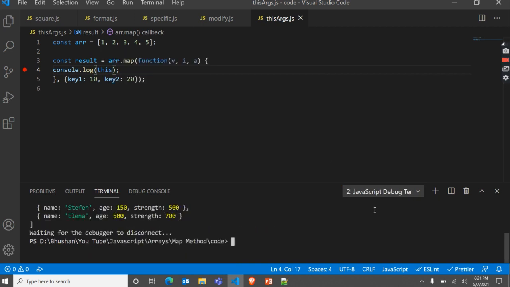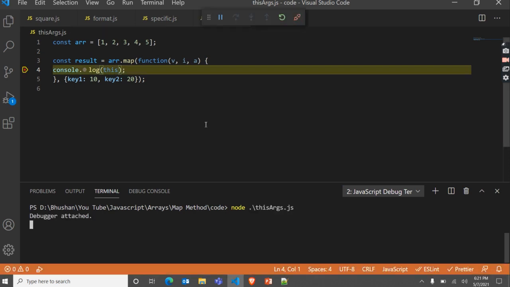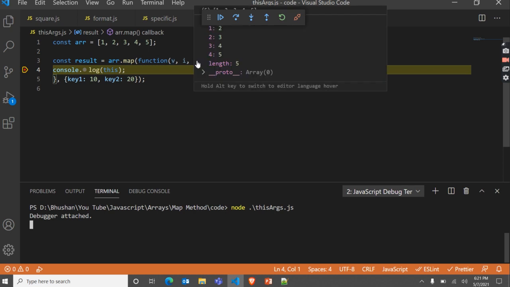So let's open the debug terminal, node args.js. So see here, this means this one, this args, and value is the first value in the array. The index is the index of this value, and a means array.